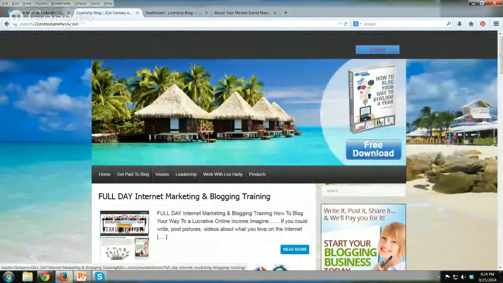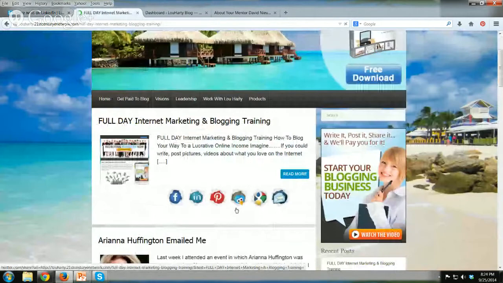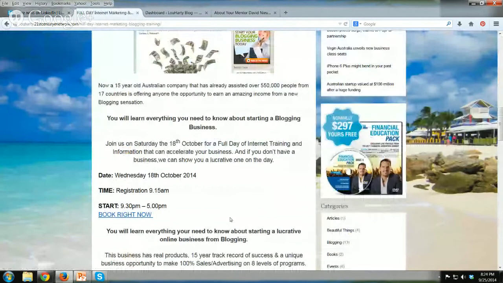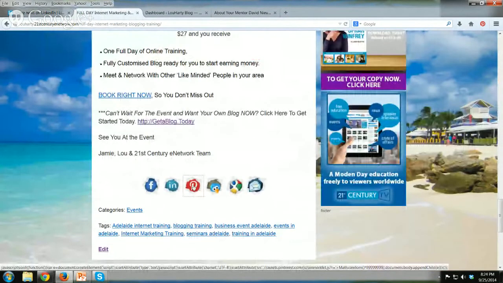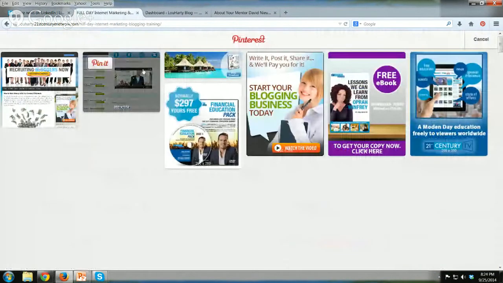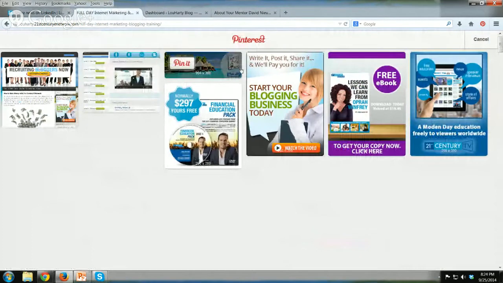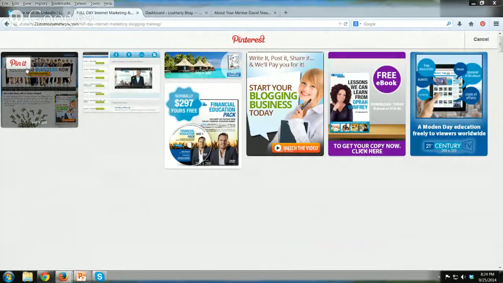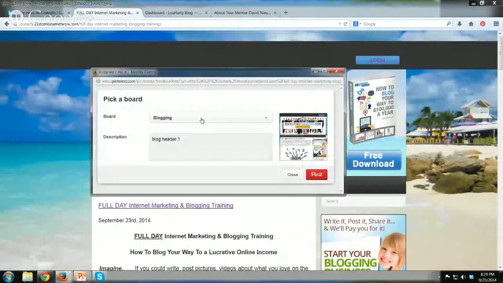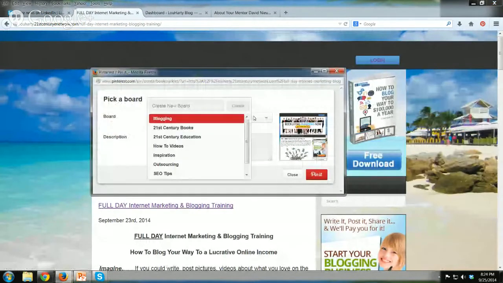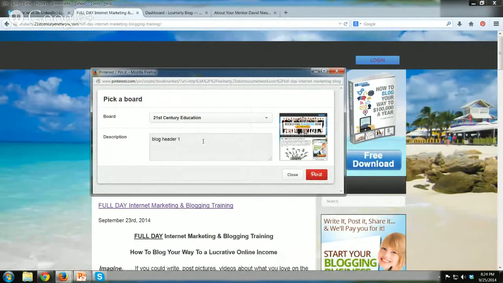If I want to do it to any of those other share buttons, obviously, like Dave said, you need to set up these first. So Pinterest works well with images. What it does is bring up the image that you would like to pin. Just say I'm going to pin this one. Because I've opened my pin board, I can select which one I want to actually put it on. Right, and then if people watch it,